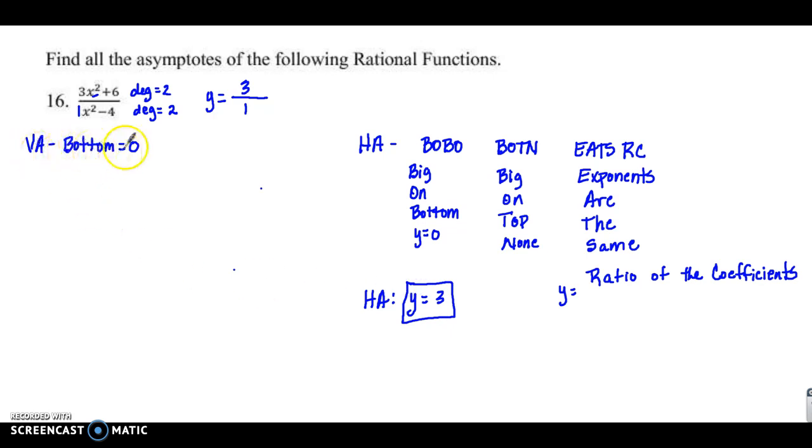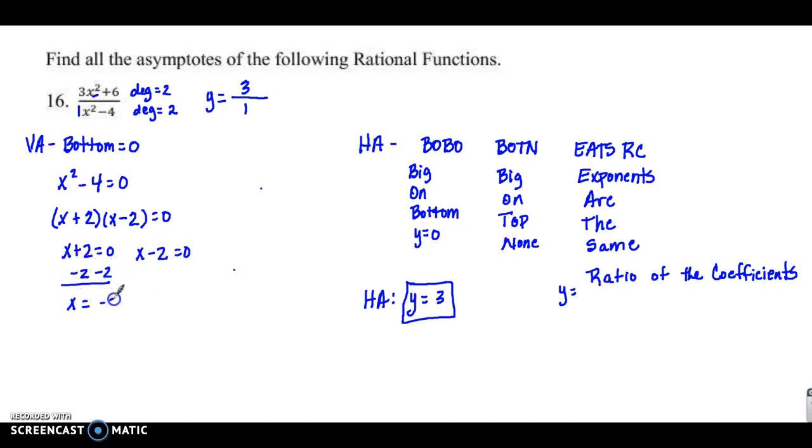Our vertical asymptote, we said, is where we're going to set the bottom equal to 0. So we'll take our x squared minus 4, set it equal to 0. Remember, with a quadratic, we're going to factor and set them equal to 0. So when we factor, we'll have x and x. Factors of 4 will be 2 and 2 to get nothing in the middle or 0 in the middle. We'll have a plus and a minus. When we set each one of those equal to 0, and solve,